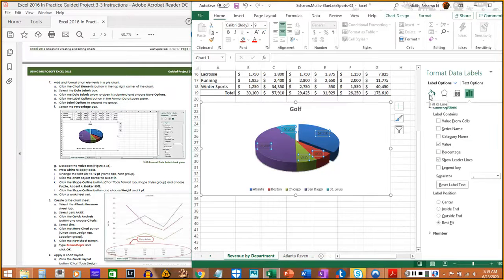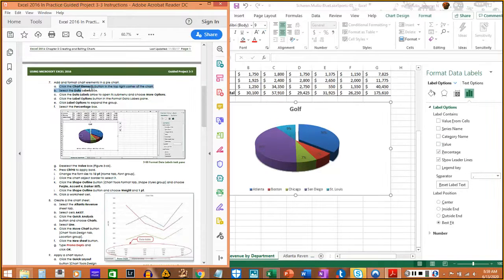Click the labels option button in the format data labels pane. Select percentage box. Deselect the value box. And maybe I need to